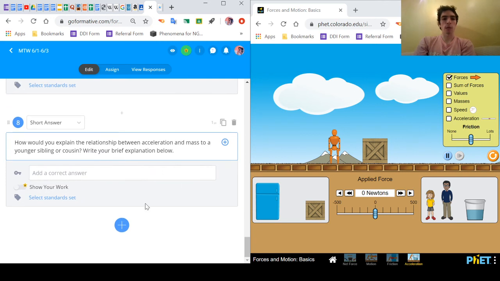And then the ultimate last thing that you're trying to do is, again, like you did for the relationship between net force and acceleration, think about how you would explain acceleration and mass to a young child, a younger sibling, cousin, anyone in your life, but put that relationship in the simplest terms you possibly could to make sure that you really have a good grasp on these really important topics that we talked about for a long time in the beginning of the